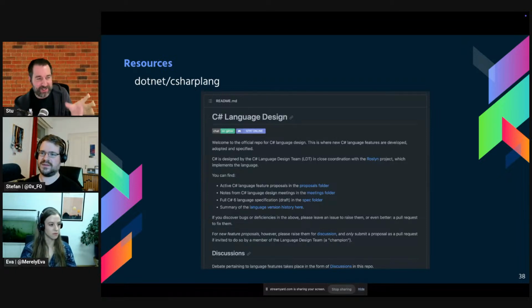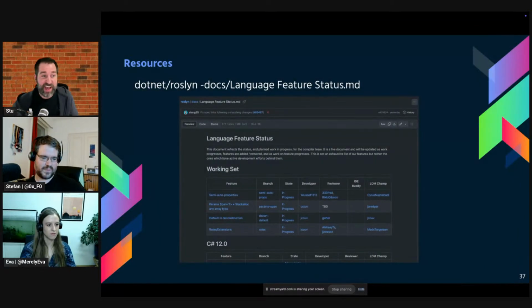If you're already into that sort of stuff, then this is the best place to go. But if you just want to know what is going to come in the next version, and you want to know before they blog about it, the best one is the Roslyn docs, because